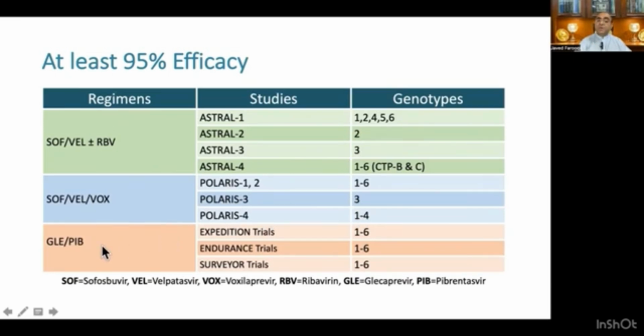For GP, the glecaprevir and pibrentasvir combination, the EXPEDITION trials have got different trials, 1, 2, 3, 4, and different trials were using different genotypes. So all the genotypes were tested. Similarly, the ENDURANCE trial has different parts, part 1, part 2, part 3, and the SURVEYOR trials, again the different parts. So these were the trials on the basis of which the GP